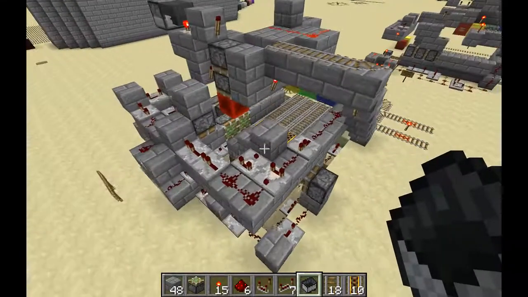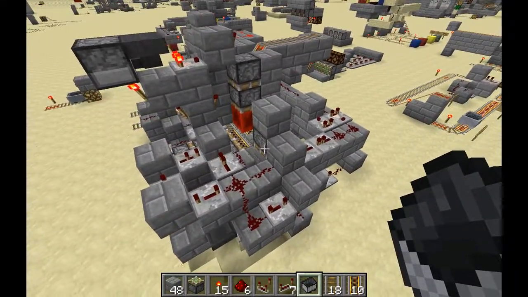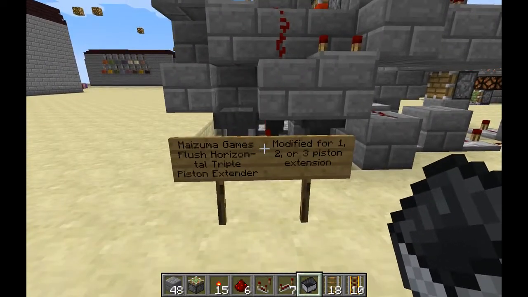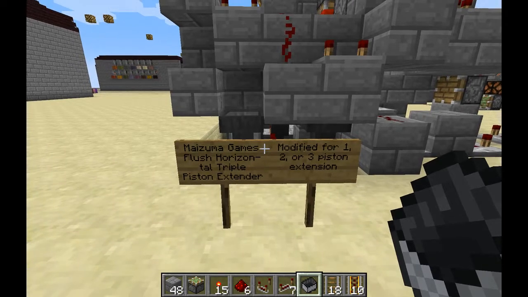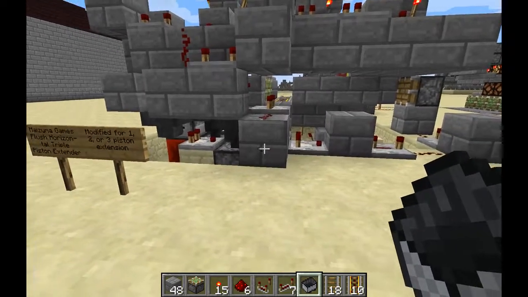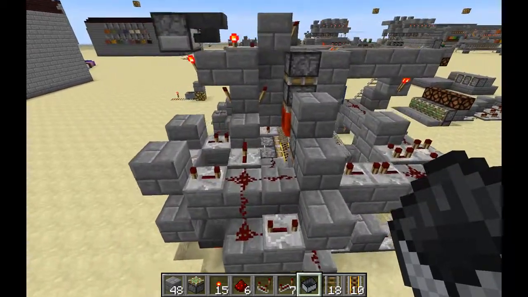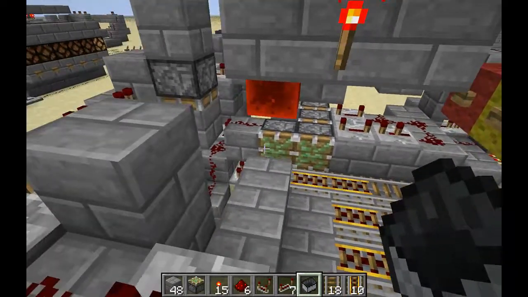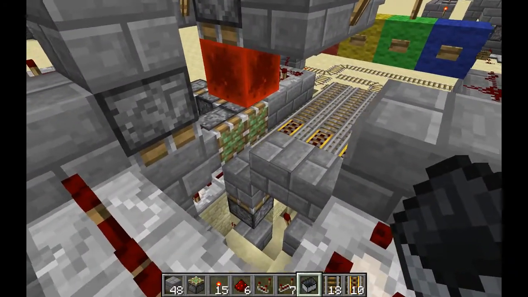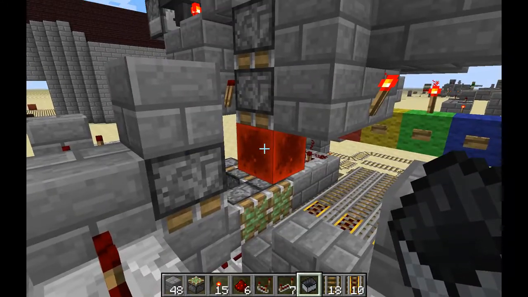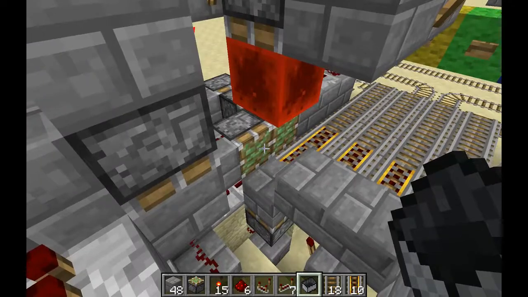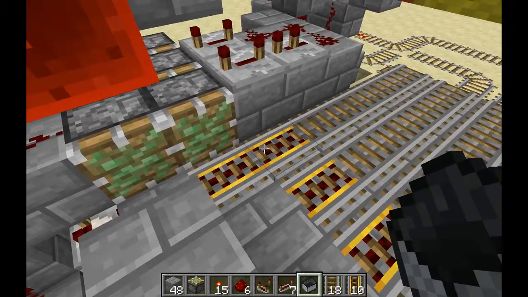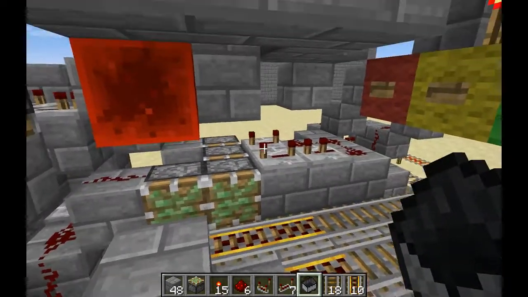So I came up with this design, which is a fair bit more complex. This uses Mazuma Games' flush horizontal triple piston extender, and it was originally flush in 3 directions, and that was useful to me for getting wires in to do the single and double piston extension, but it used a redstone block, and normally in his design the redstone block would be right against this piston, but of course that would power these lines. So